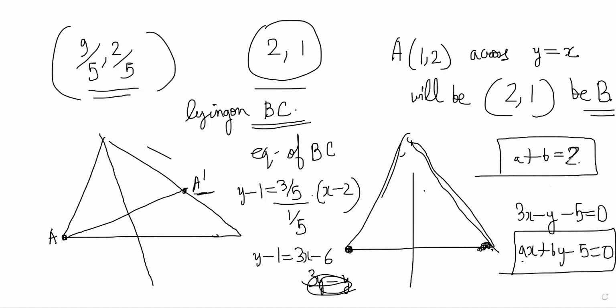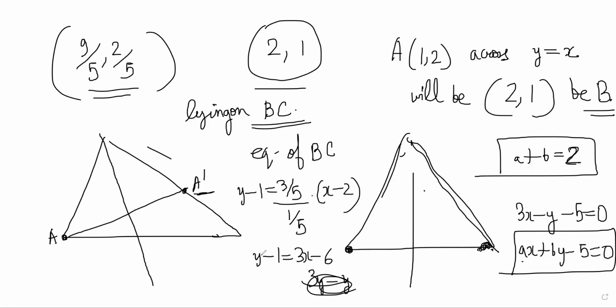Slightly difficult because you didn't know the reflection process, but now you know how to do reflection. Given any point and any straight line, you should be able to find the reflection of that point across the straight line and find the other point. This is a very important idea because in many geometry questions and situations, you will come across things where something is reflected across and you have to find something about it.